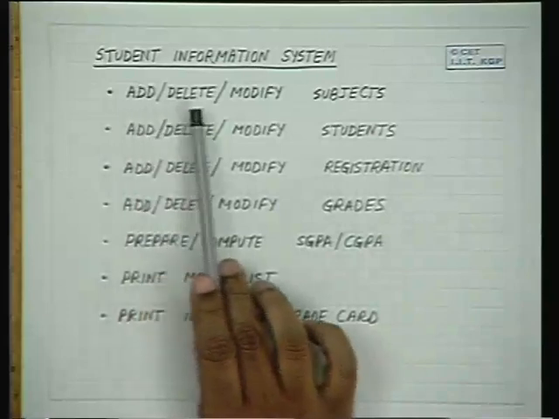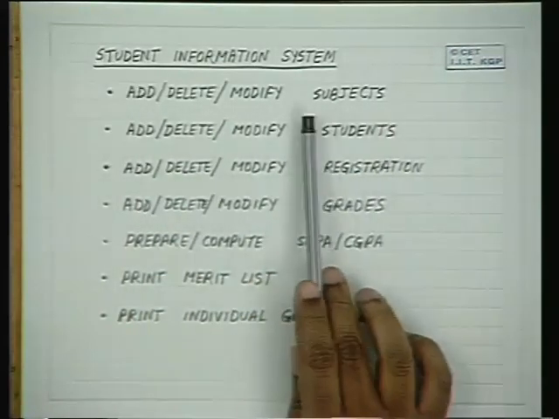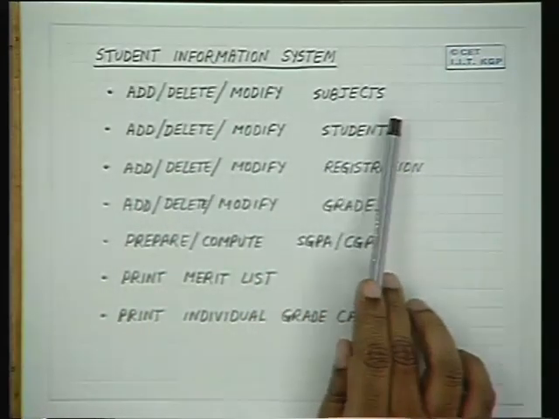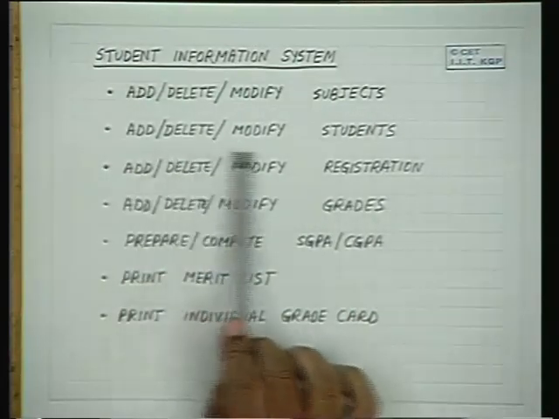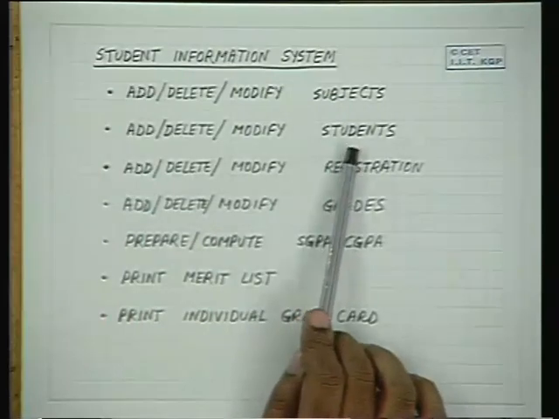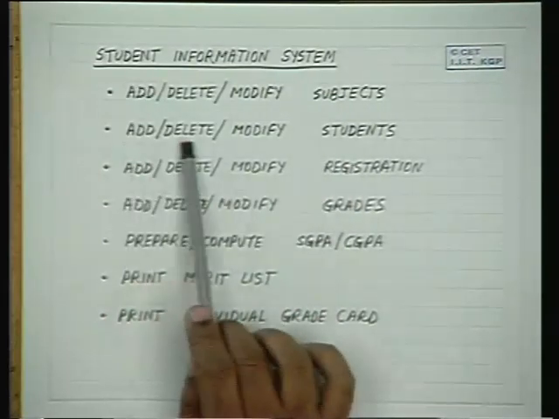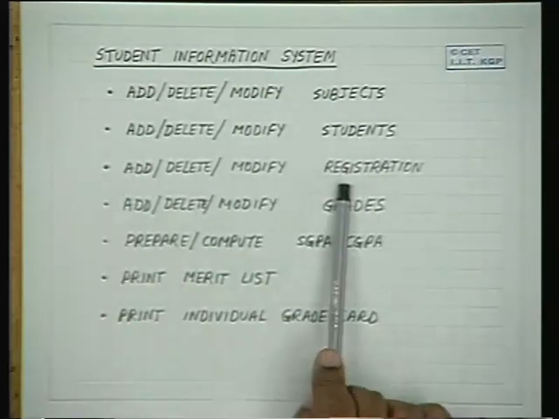And finally, maybe you can have a complete academic section information which will have add, delete or modify all the subjects. These are the subjects, subject name, subject number, offered by this department, etc. Student information, these are the students, this department, etc., add, delete, modify. Registration information,